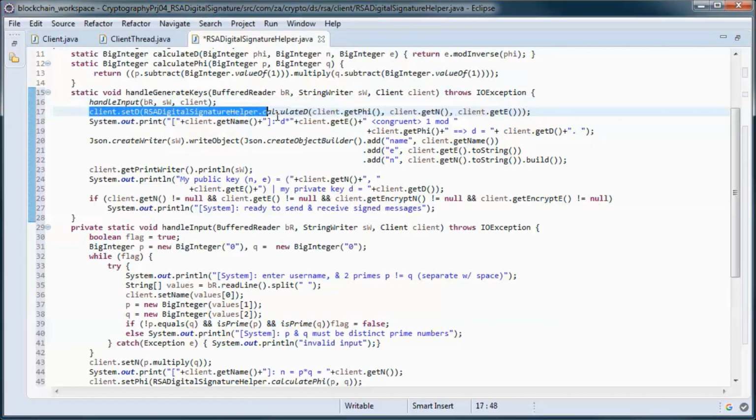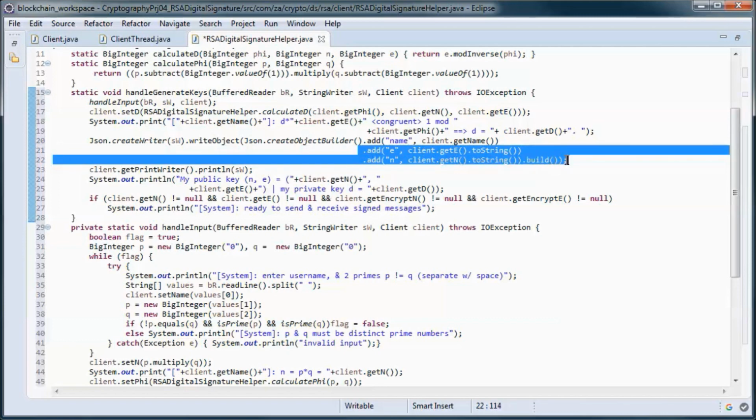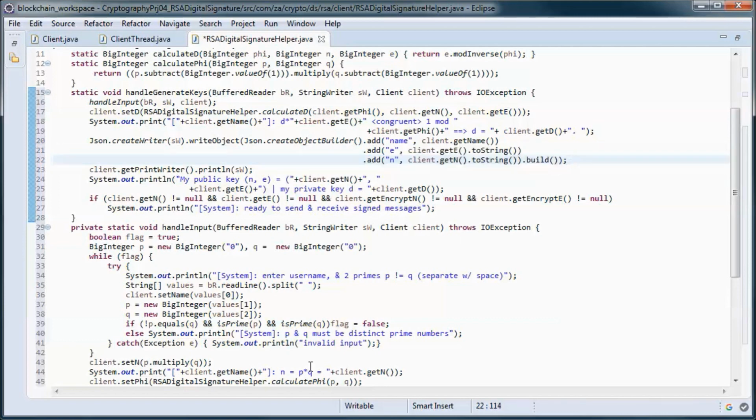And here we calculate and set d, the private key, and send the public key to the other user.